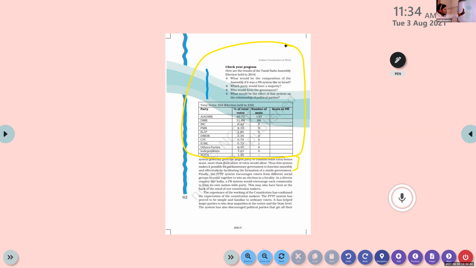So the share is there, the number of seats also is there. Then you have to find out, as per the Israel PR system, how many seats there will be for each different political party. Clear? So for your easy calculation, the total number of seats is not mentioned here. You can add all this together. So 135 plus 88 plus 8. What is the answer? 16, 21 to.